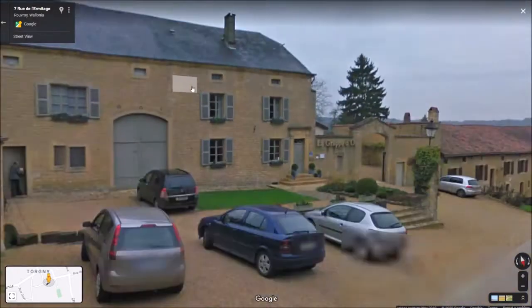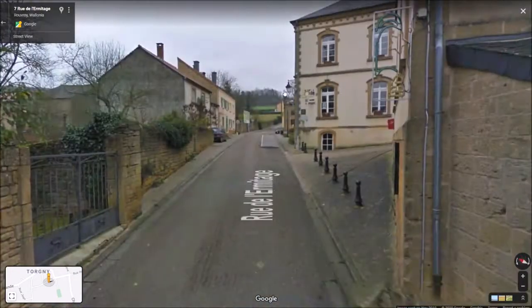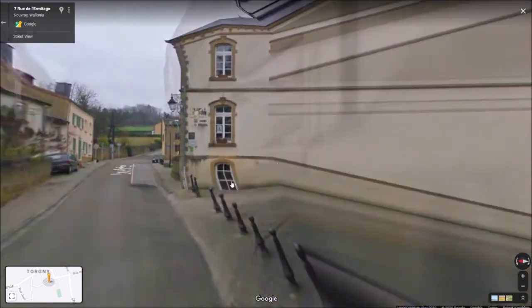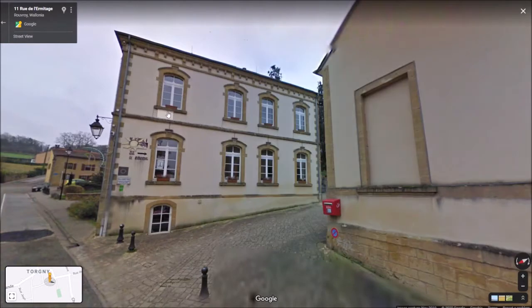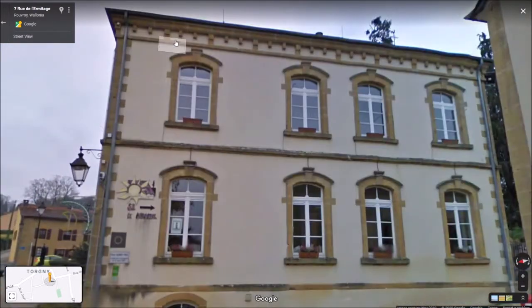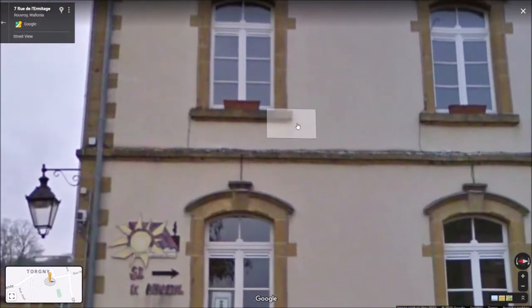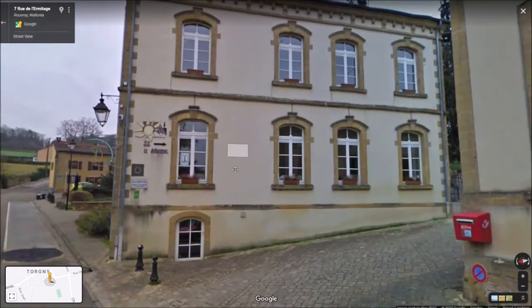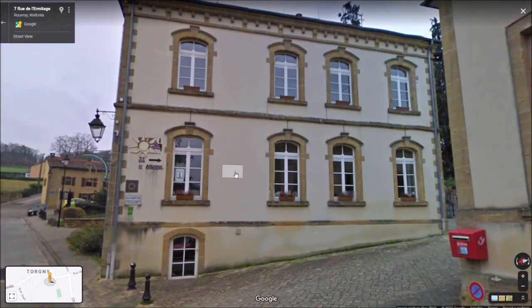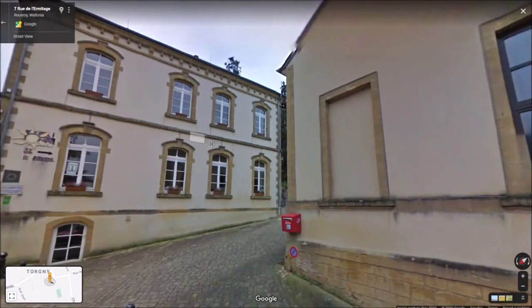Yeah. Yeah, definitely. Oh yeah, here we go. This is what I would consider a lot more Luxembourgish in style, with just the stone awnings around the windows and the color otherwise. But it's a lot more elaborate here, as you can see. Yeah, the pastel white with that mustard color just makes me think of Luxembourg. Yeah, if this was an NPC, and this was all we could see,